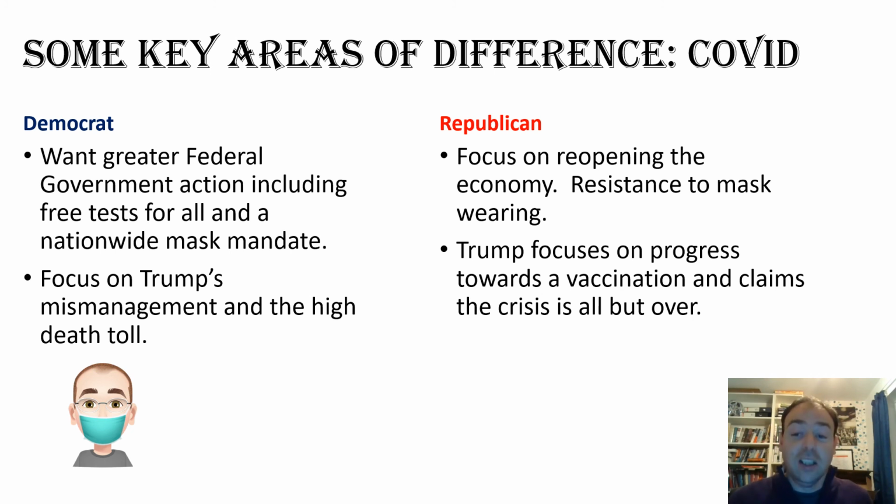Obviously, this was then shaken about a bit by Trump catching COVID himself, though of course he now, as he tells us all the time, is immune. And he focuses on progress that's been made towards a vaccination and claims the crisis is all but over. And that may well be true, or that might be a case of he said that before and it wasn't. He did originally say it was going to be over by Easter, and it wasn't. And this is playing in a really big way in the election campaign as it goes on at the moment, and I'm sure will do so after the election.